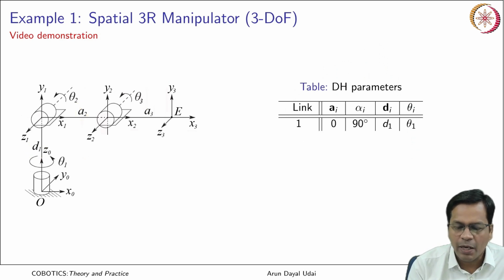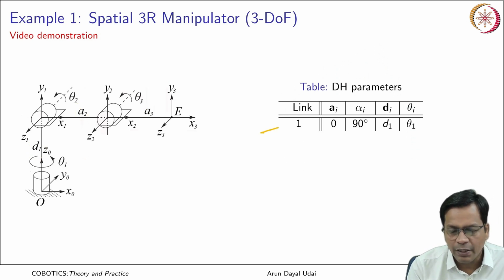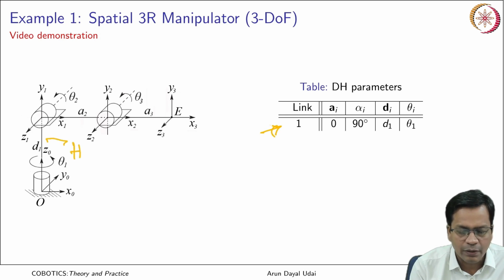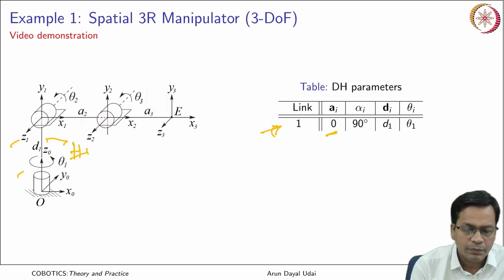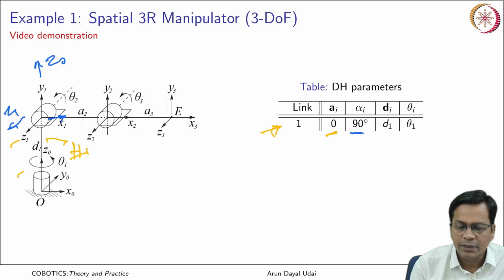Now the DH parameter table will be tabulated, link 1 first, okay. So you have the parameter a1 is equal to 0, there is no distance between z0 and z1. So that made a1 equal to 0. Alpha 1 is the angle between z0 and z1 measured about x1. So it came to 90 degrees. d1 is the distance measured along z0 from this frame to this frame. Okay, that is d1, and theta 1 is the joint variable.